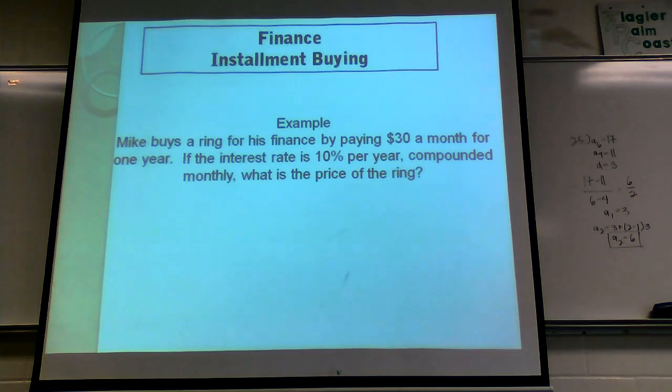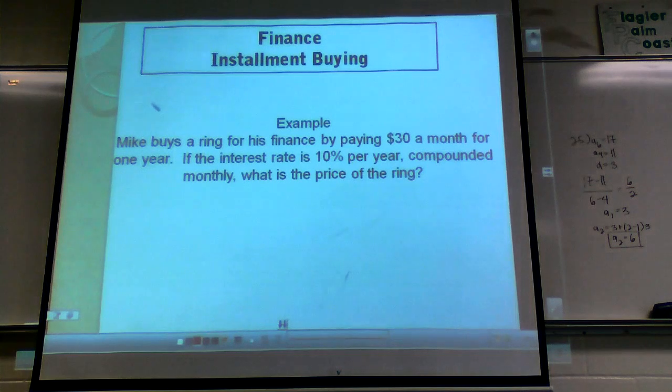It means I'm paying back a loan, so I'm going to be dealing with the present value. So I'm going to be working with the formula A sub P equals R times 1 minus